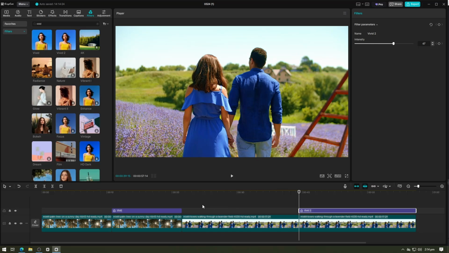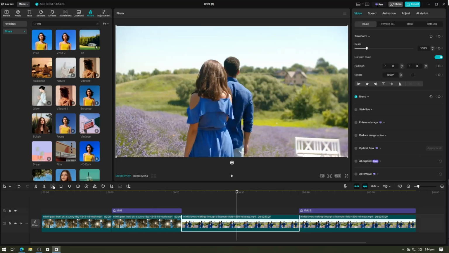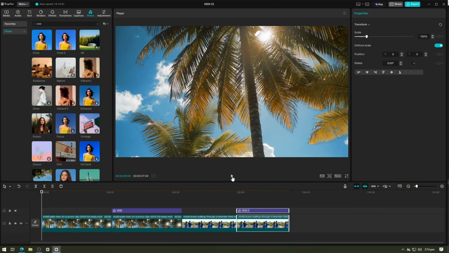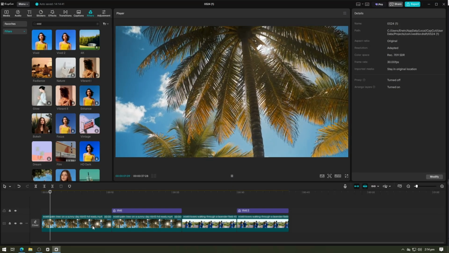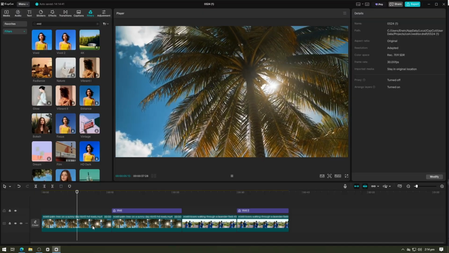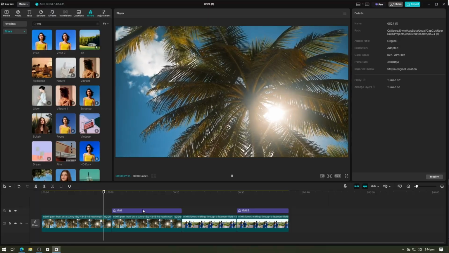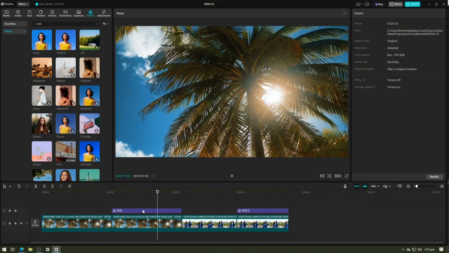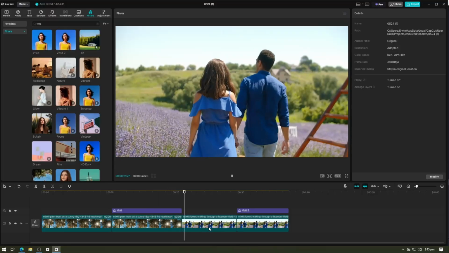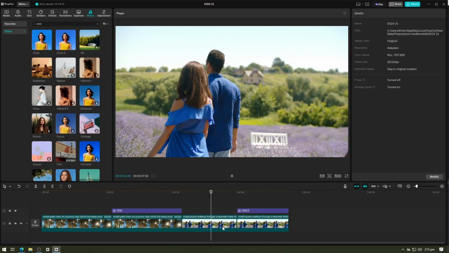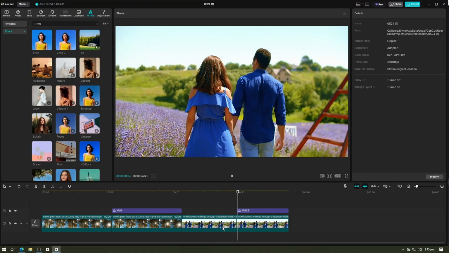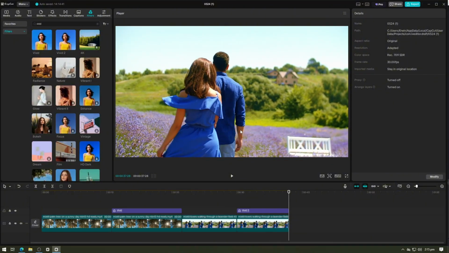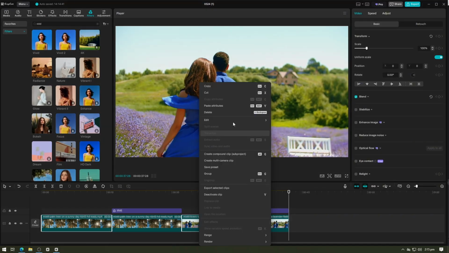Once you're done, preview the video to see the result. Once you're happy with the result, delete the video without the filter and tap the export button to save your project.